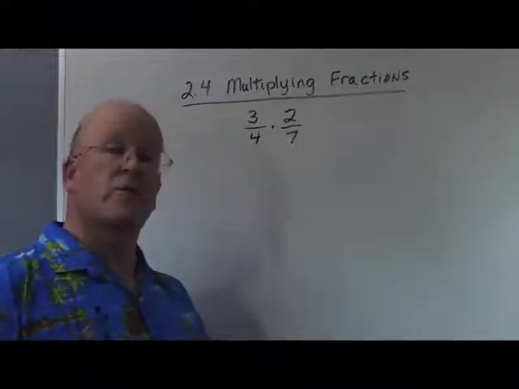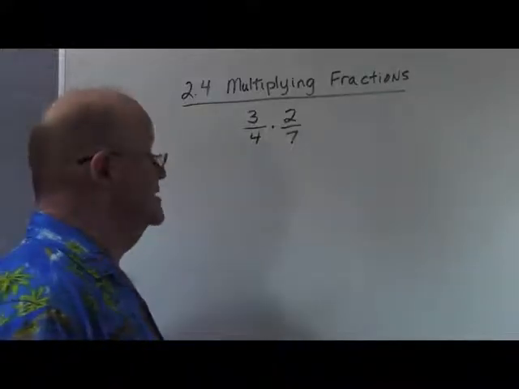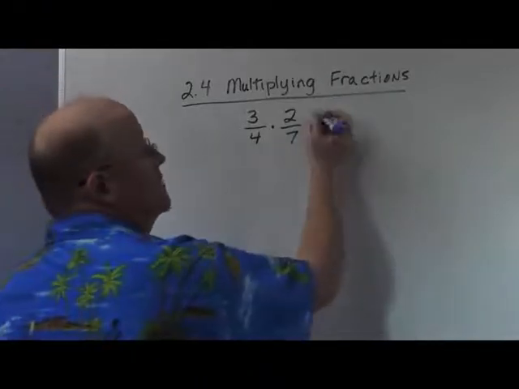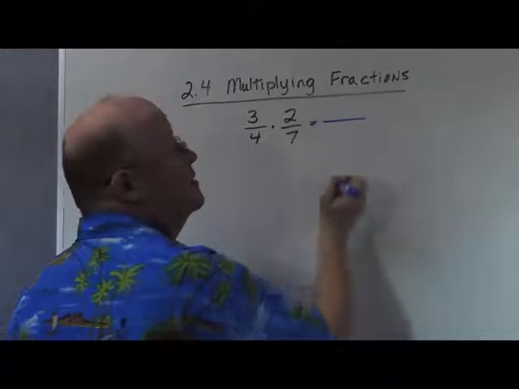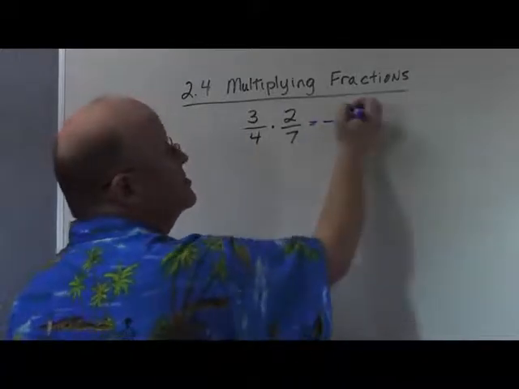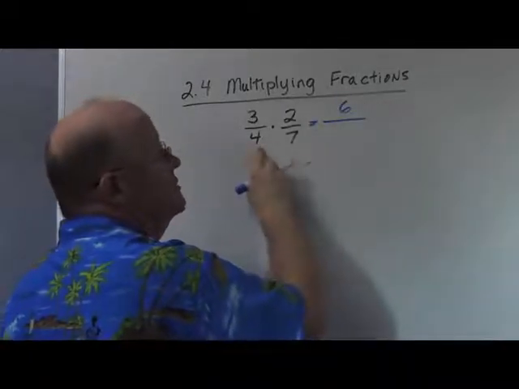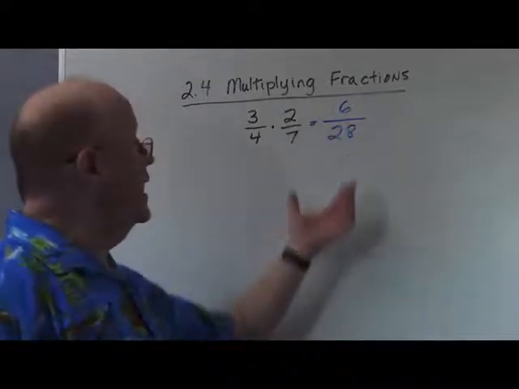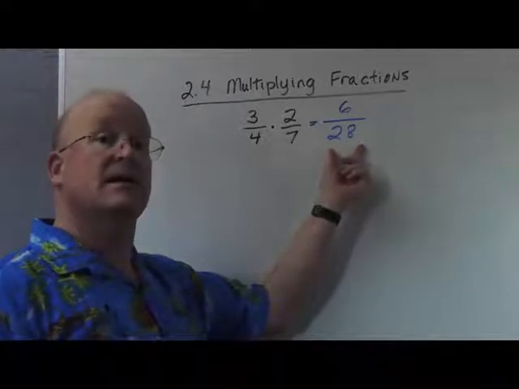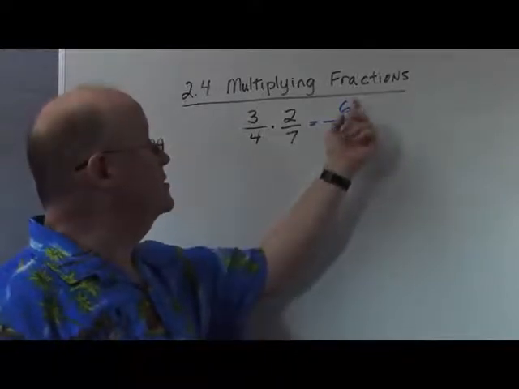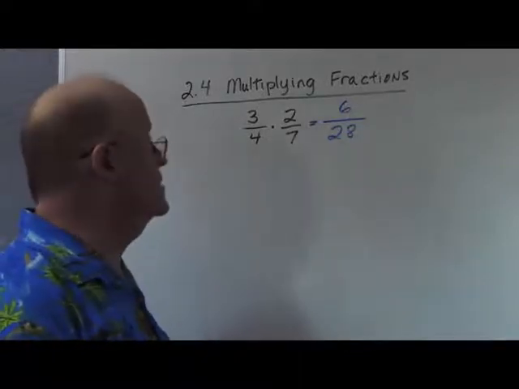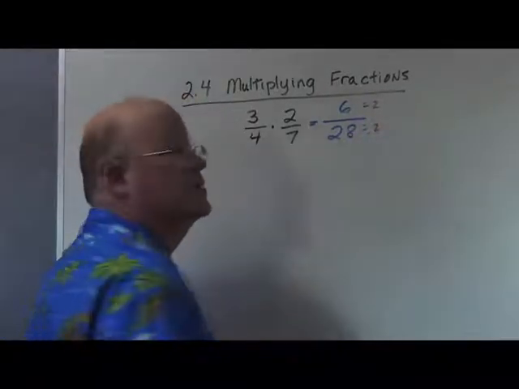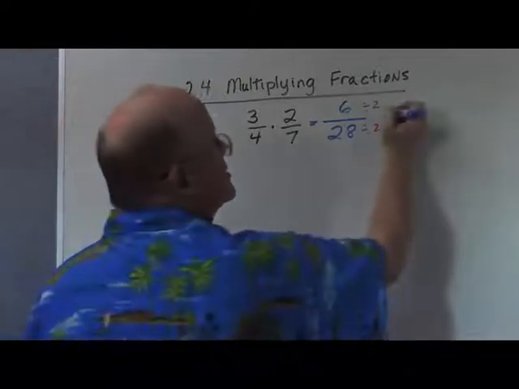In this video, we will begin multiplying fractions, and we begin with 3/4 times 2/7. When you multiply fractions, basically you multiply the numerators across. 3 times 2 is equal to 6, and 4 times 7 is equal to 28. And then you look at your product here and ask, can it be reduced? Notice how each of these is even, and I can divide each by 2. So divide the numerator and the denominator each by 2, and that will get us to